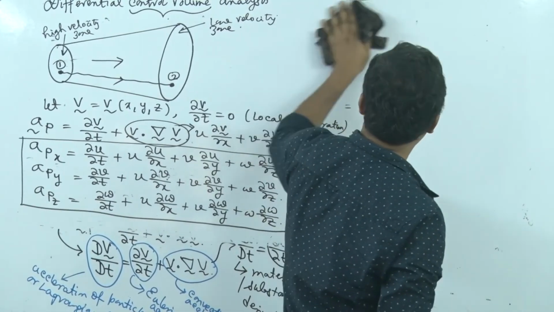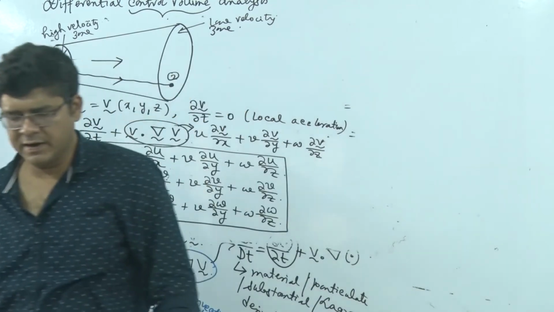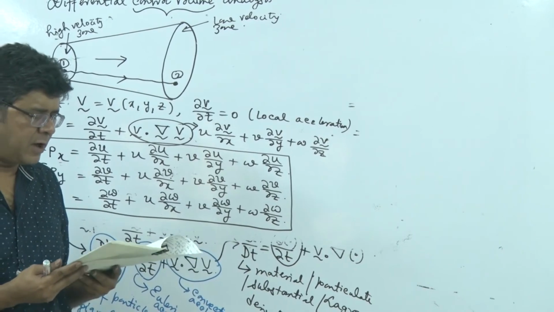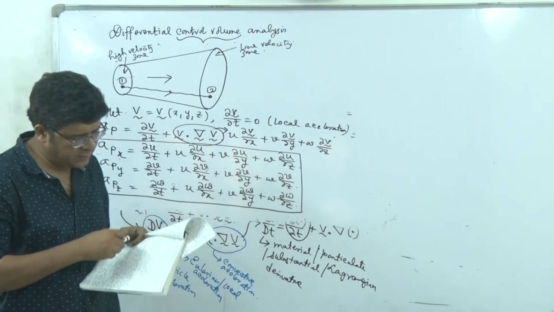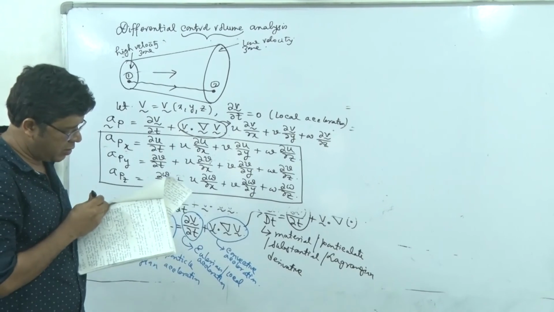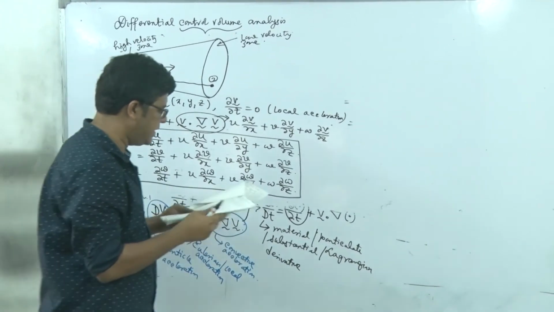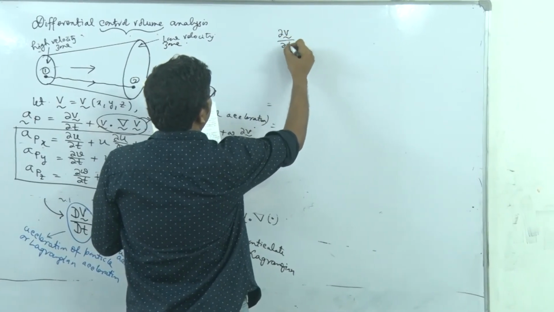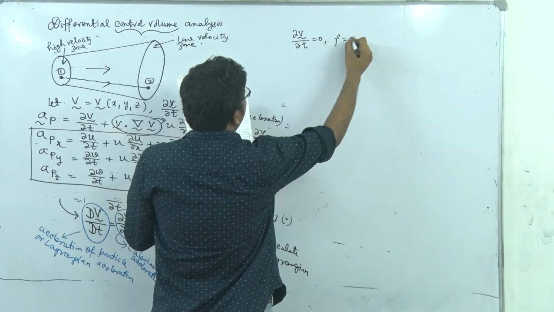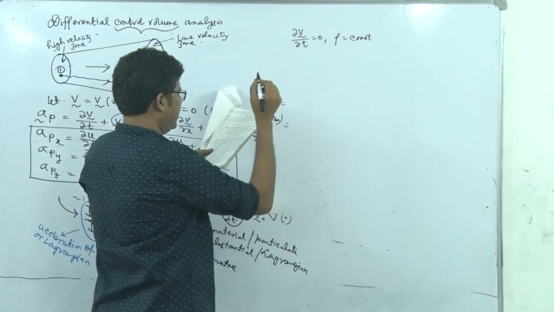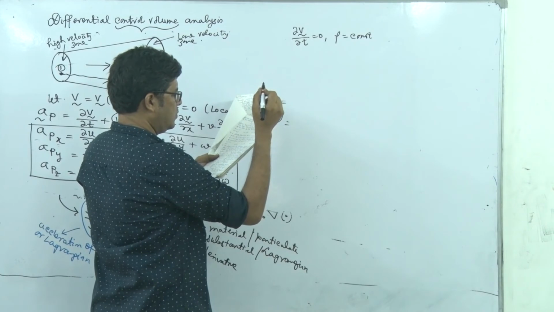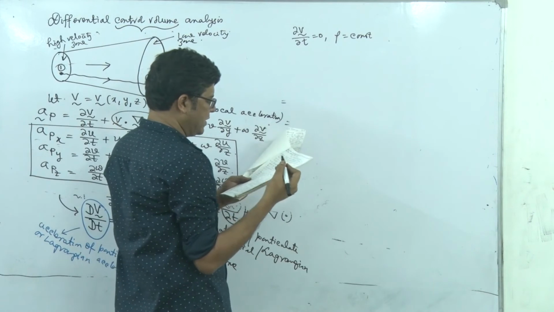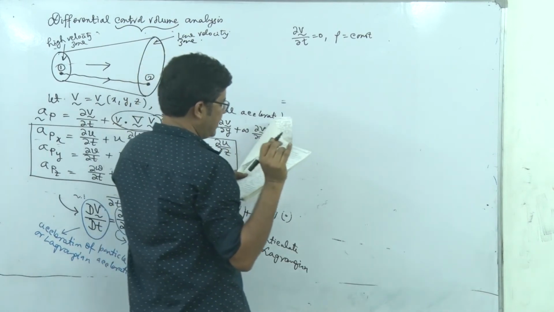Where actually we have to find out the acceleration of a fluid particle. What is the problem statement? A steady flow field of an incompressible fluid. Steady, so del V del T is 0, right? Rho constant, incompressible fluid. By the way, the year is not being mentioned here, probably it is 2008 or 2007 or something. Okay, anyway, that is not the issue.